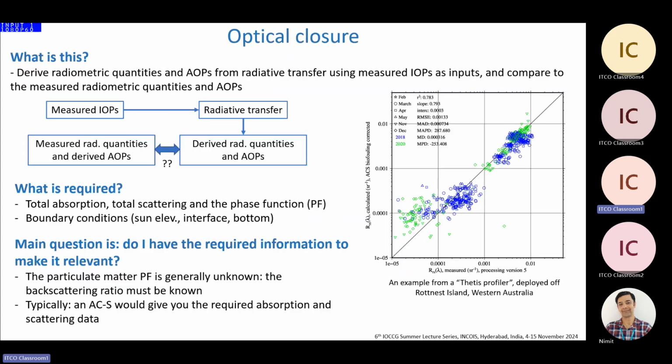Okay, well, I can skip this one, that's the same. And well, I think John talked about this yesterday. The other thing you can do then, if you have radiometers and IOP instruments at the same time on your cruise, is to try to do this optical closure. That's a very good way to reassure yourself that your data set is consistent. Of course, you need to do it well if you want it to be useful, because as was reminded by John yesterday,